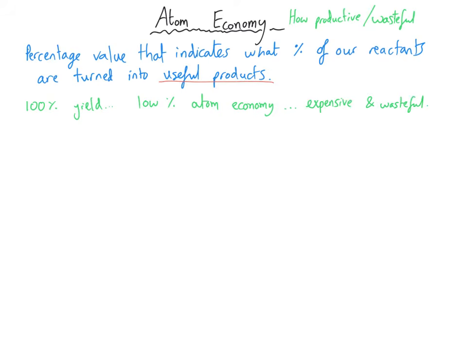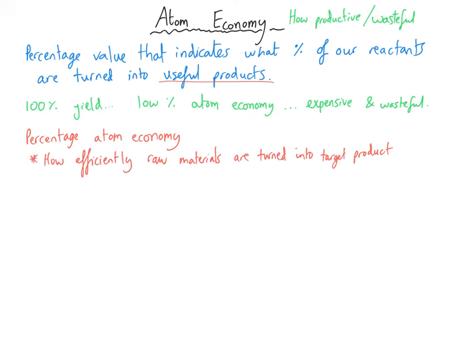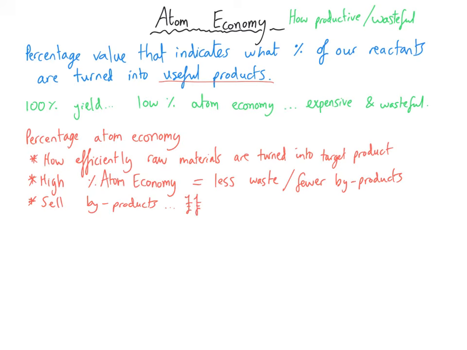Now, the atom economy percentage is really useful because it lets us know how many raw materials we're going to need and how effective we're being with the raw materials. And so if we make a small amount of waste, that's obviously really good for the environment, and we will have a limited number of byproducts that maybe don't have any particular uses. Now, of course, one thing that we can do is we can maybe sell on the byproducts depending on what they are and make an additional profit for our company. But if there are byproducts that are completely useless and maybe need to be disposed of, that will definitely increase